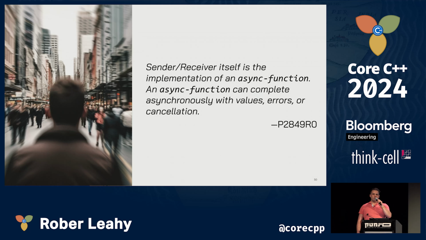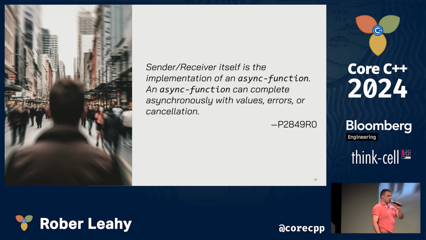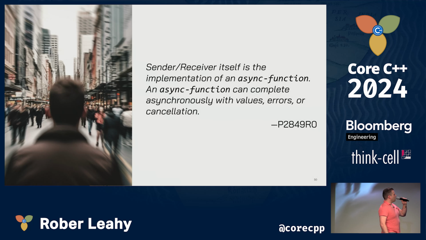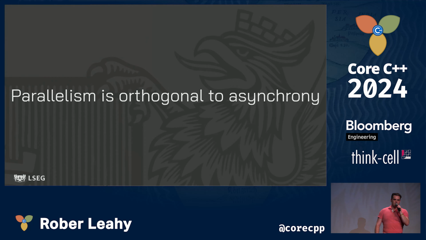And this actually completes an overview of the senders and receivers ecosystem. We've now reviewed everything that contributes to that generic ecosystem. But I doubt that review is very satisfying. You probably have some burning questions. You're probably wondering, how exactly can I take advantage of all the cores in my big server with all this conceptual overview? And the answer to this question is incredibly dissatisfying, because the answer is that parallelism